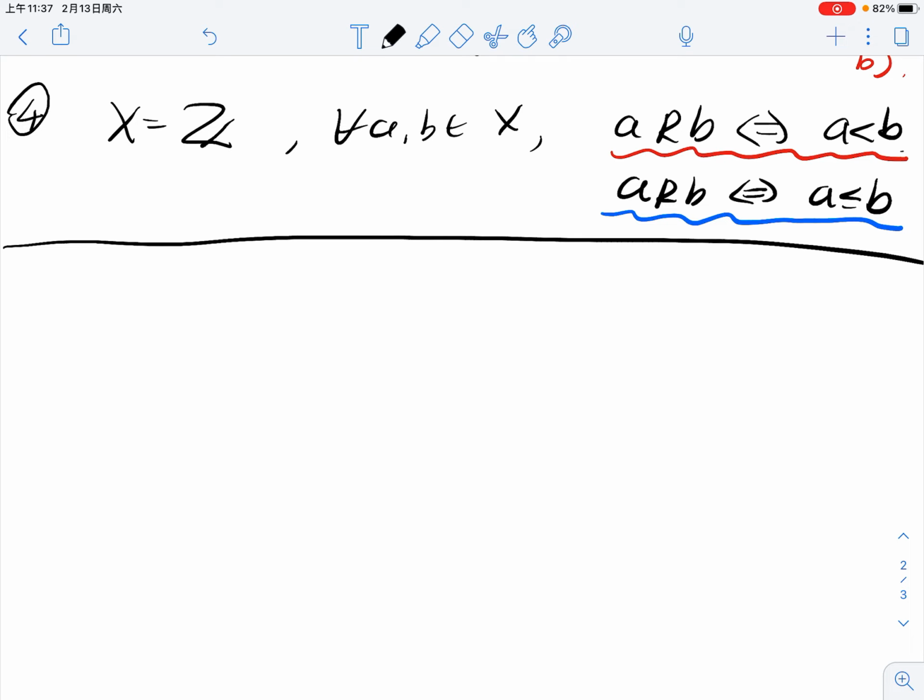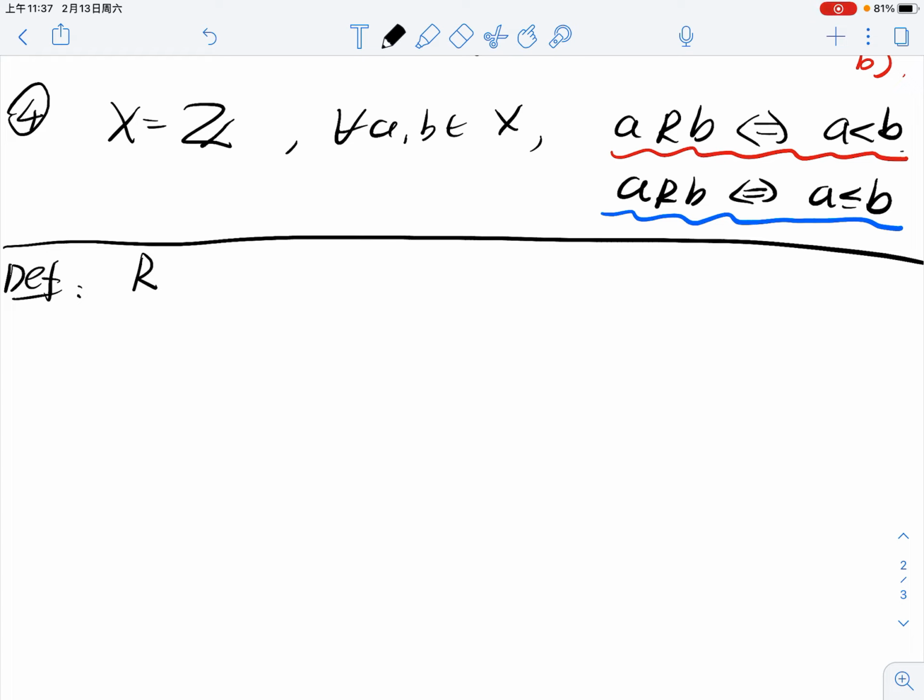Okay, from the definition, you see it's too weak. I mean, for the relation, you don't have any useful information. As soon as it's a subset of all pairs, it's a relation. But in reality, we would like some useful or interesting relation. So next, we introduce some